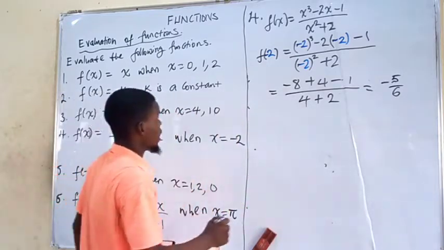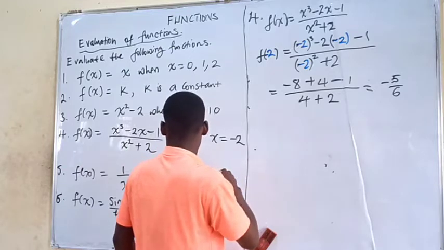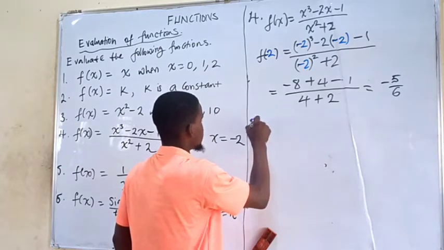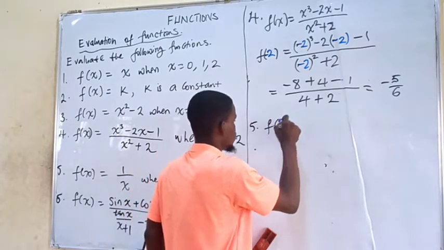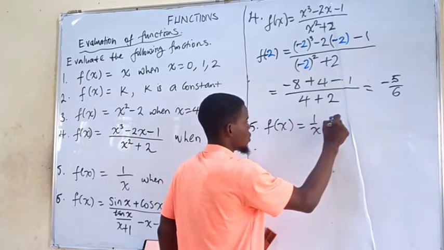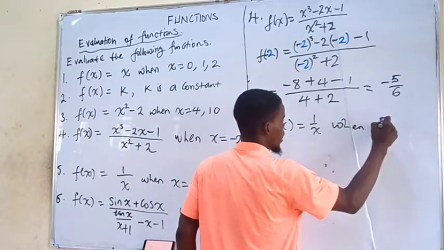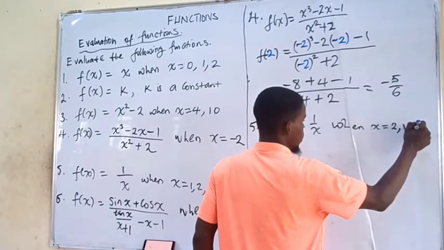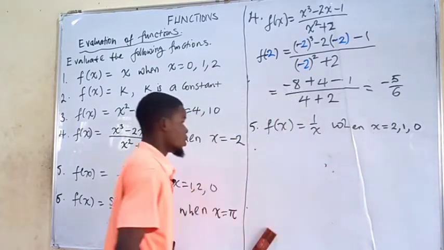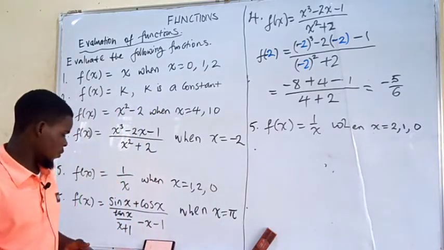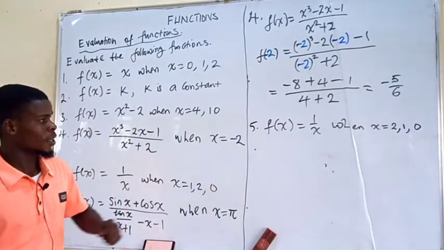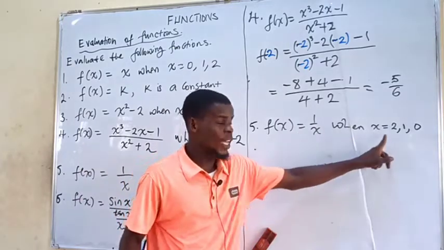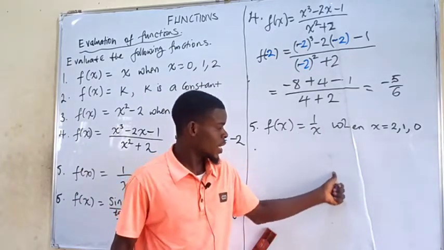And then the question number 5, right? Question number 5, we have to evaluate f of x equals to 1 over x when x is 2, when x is 1 and when x is 0. Good. Now this number 5 question, let's just look at it. So f of x equals to 1 over x when x is 2, 1 over x when x is 1,